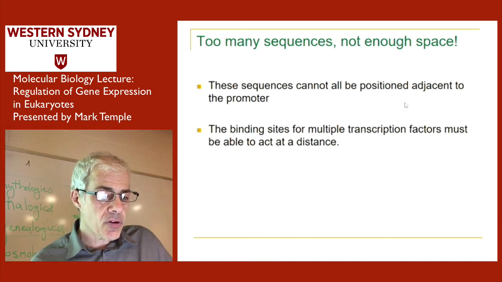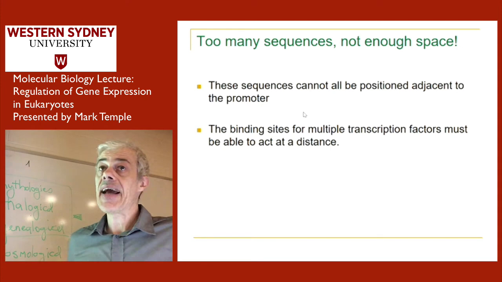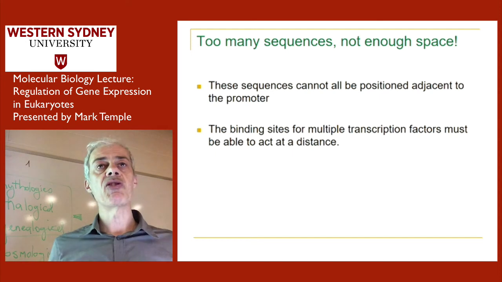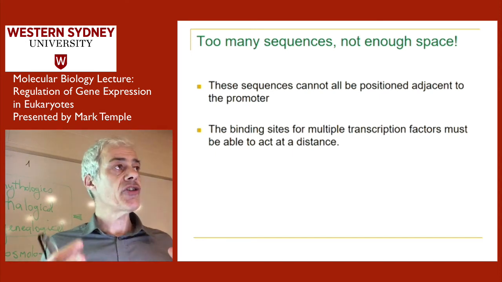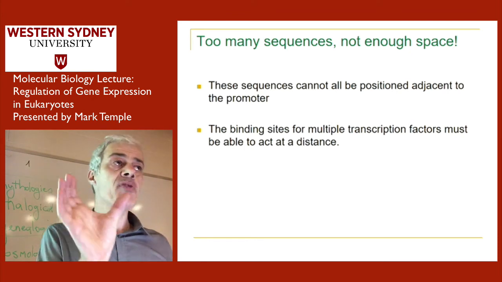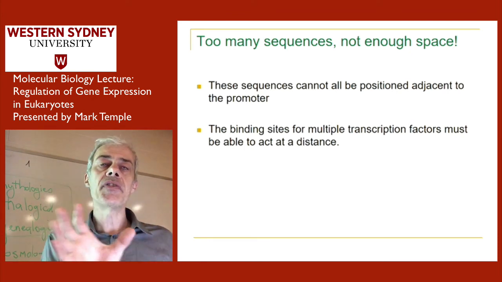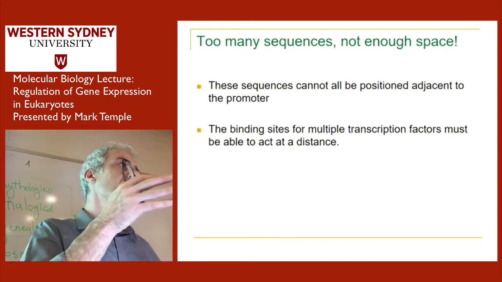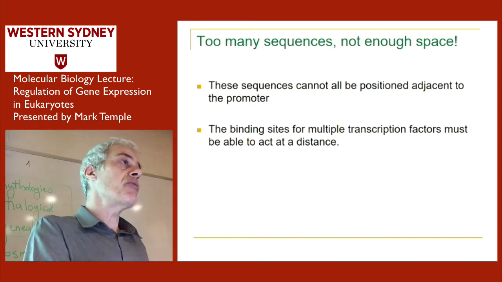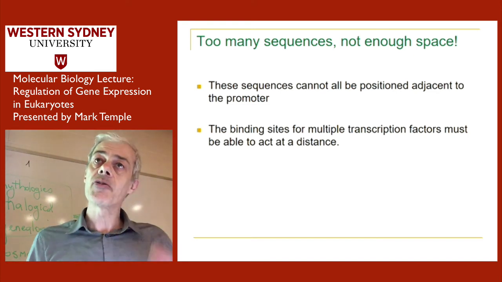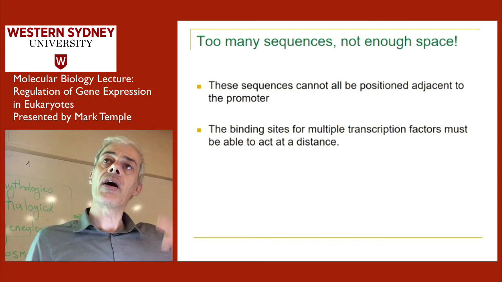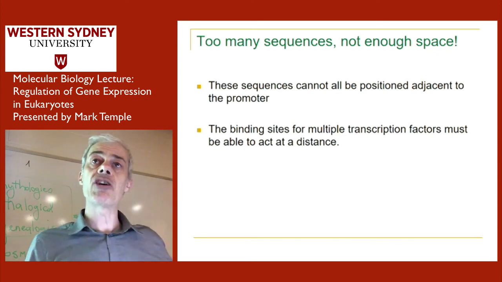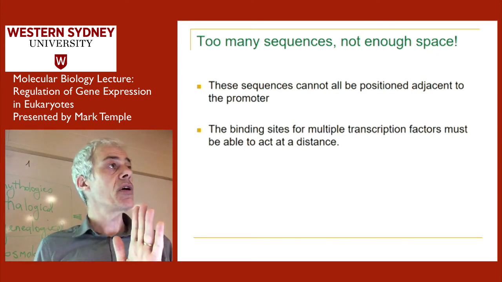Another reason for rationalizing why we have enhancer regions in eukaryotes, given that we're discussing multiple transcription factors that are required, so it's combinatorial in that regulation, is that at the promoter region itself there simply isn't enough physical space to bind all of the transcription machinery and then all of these other transcription activators. So basically other regions of DNA have to be included so that other transcription factors can bind, and it's the combined effect of these different transcription factors that can turn genes on and off in specific ways.